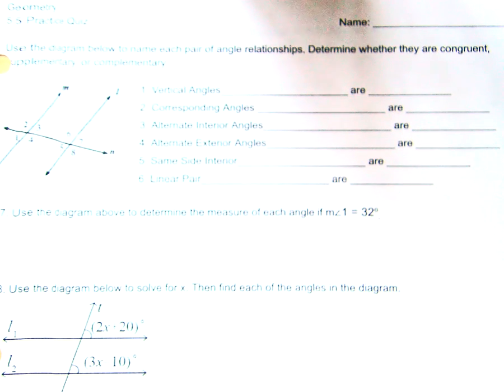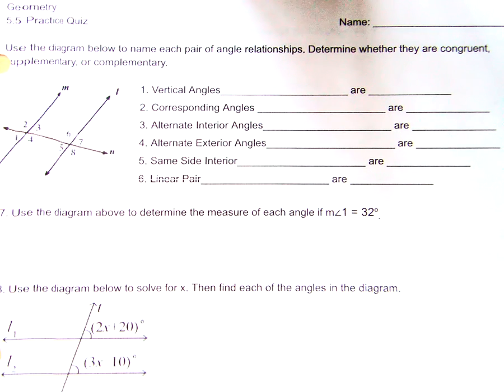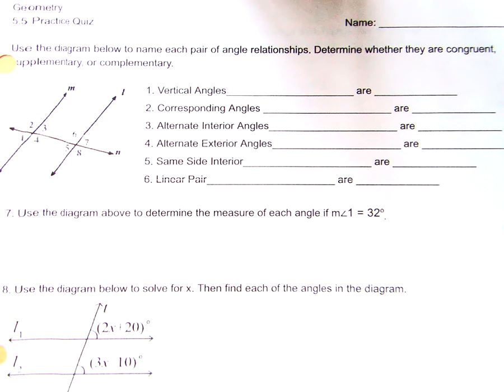and I may skip things here and there, just maybe explain them in words. There will be a key on It's Learning, so you can also look up the key if I have skipped something or you need a different way to see it. Okay. So 1 through 6, you're just looking at what are all the vertical angle pairs, for example. And so you don't have to list them all. This is more just a refresher for you, and then the relationship that comes with that particular type of angle,